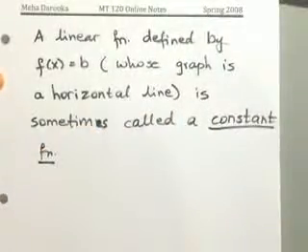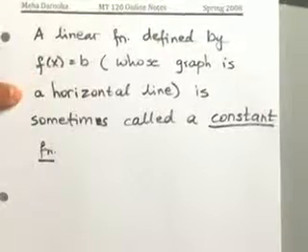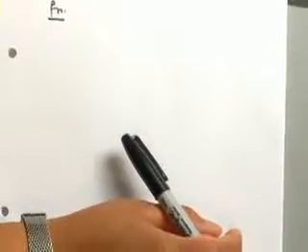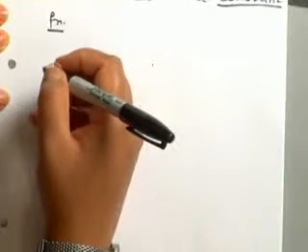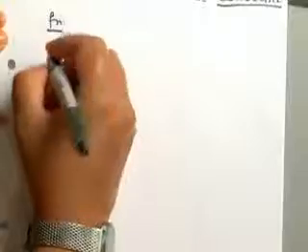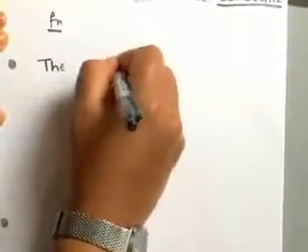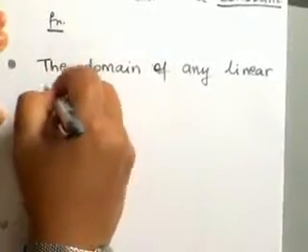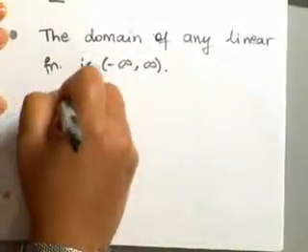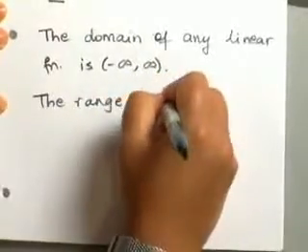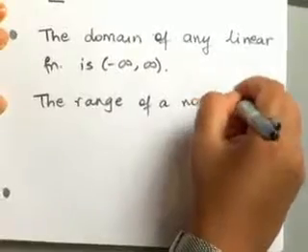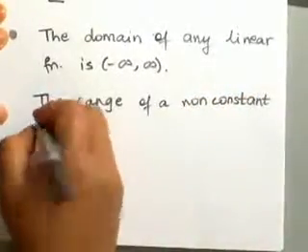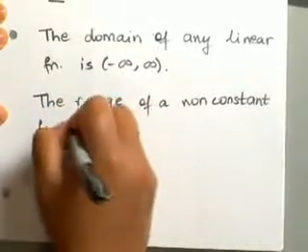So for a horizontal line, the domain will still be the same, but the range will be affected. Let's look at that. As I was telling you earlier, the domain of any linear function, and that includes constant functions, is going to be all real numbers, which is negative infinity to infinity. Now, the range of a non-constant function, meaning all linear functions whose graphs are not horizontal lines, is going to be all real numbers, while, as you can guess, the range of a constant function